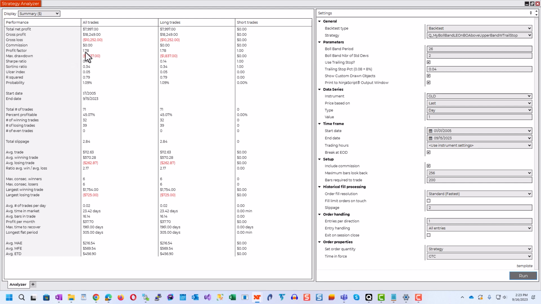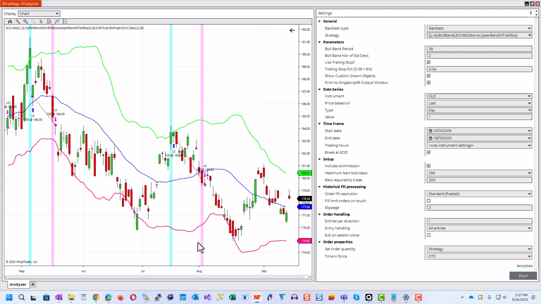Let's take a look at a chart. So right away, the last trade on the chart shows a close crossing above the upper band of the Bollinger Bands indicator and a market order being placed and filled on the open of the bar after the breach bar.